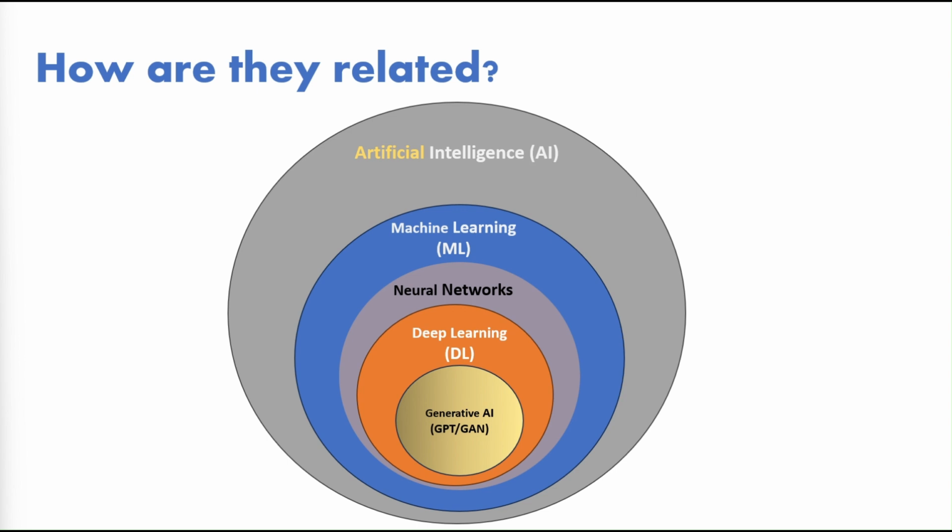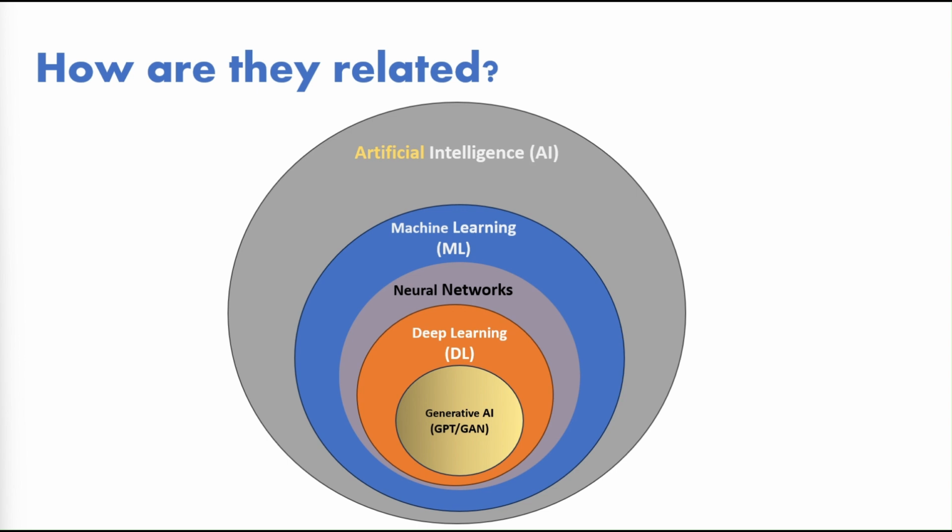Generative AI is a prominent technique of deep learning. It uses models like Generative Pre-trained Transformers, GPT, to generate human-like content, or Generative Adversarial Networks, GAN, for image recognition and image generation. Computer vision, speech recognition, natural language processing, or NLP, are all applications of deep learning. There are many resources available on the internet to learn further about each of these individual topics. I would encourage you to do so. Here, we will cover topics that are specific to the AI Specialist certification.